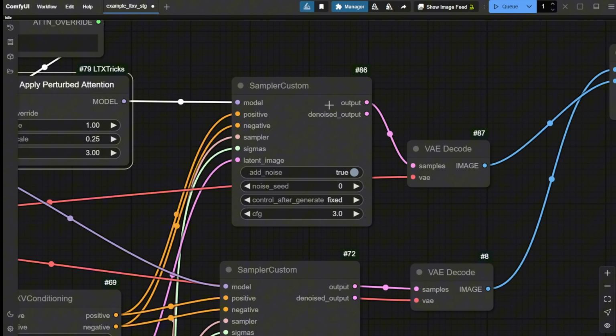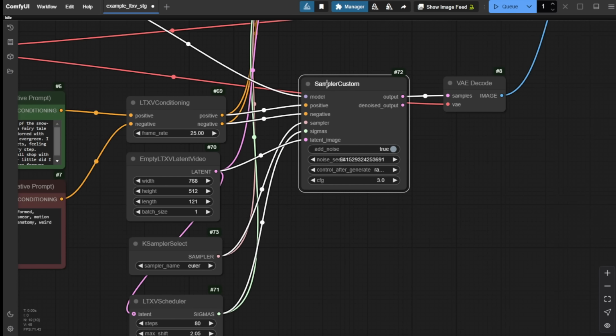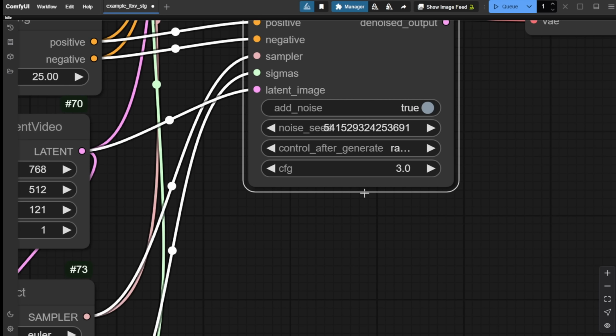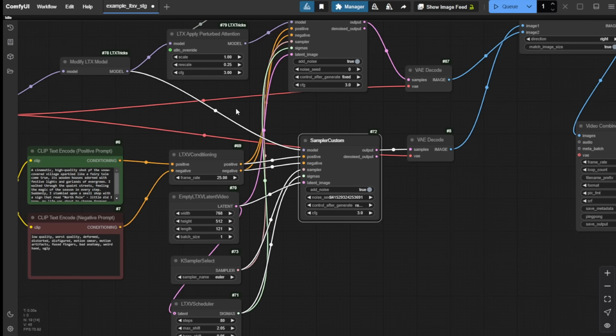And one is on the top. Here we are using the STG, passing the override of the attention model to the sampler custom. The bottom part of this workflow is using the sampler custom without the STG, which means we are using the CFG as the example. I think we've talked about STG before, so I won't go into too much depth about it, but the main